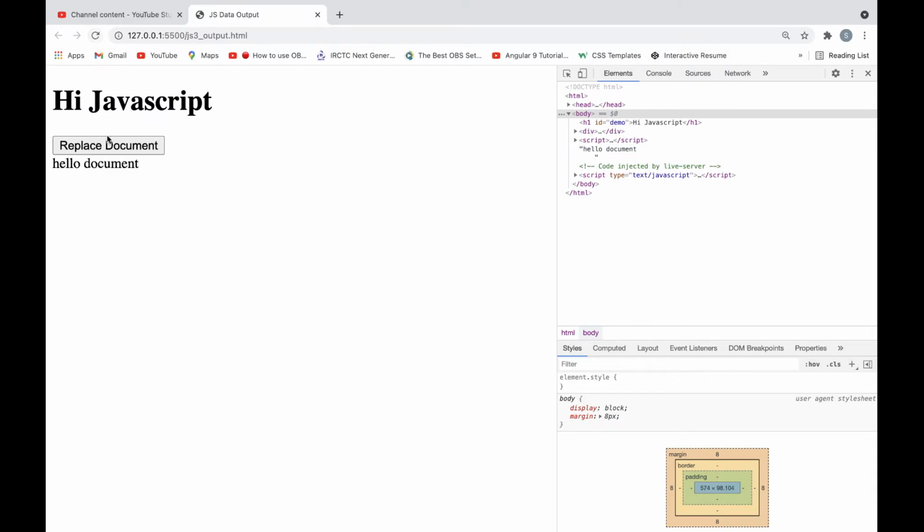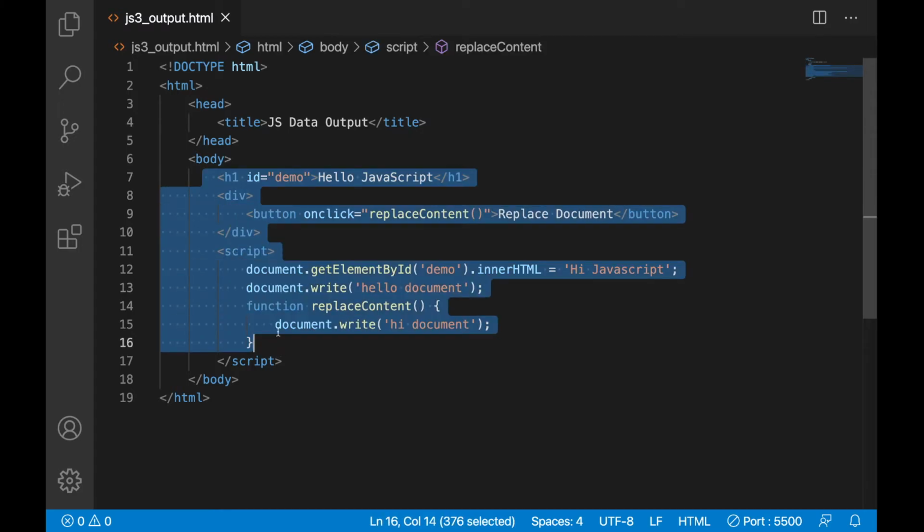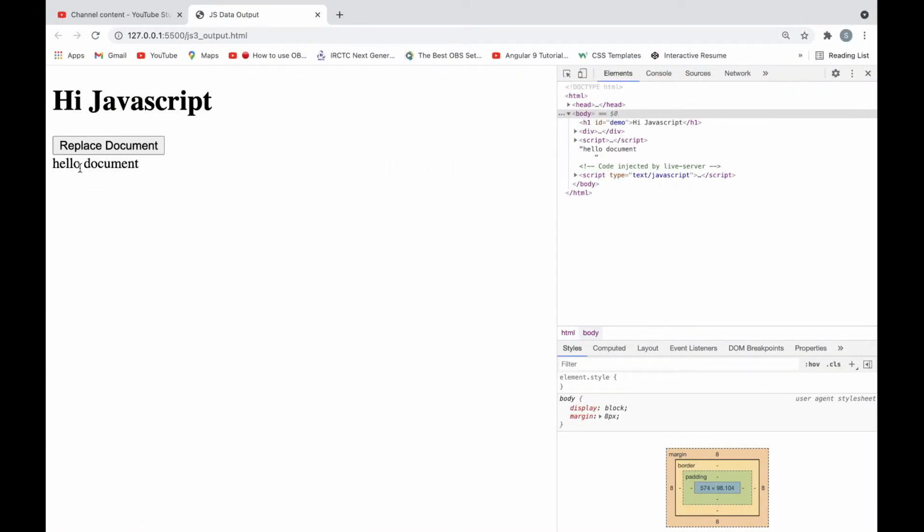If you observe here, while page load also one document.write is there. It's not overriding in this step, because here JavaScript is loading before HTML. So that's why it is not replacing anything, it's just adding some content. After everything has loaded in HTML, if we write document.write, it will replace everything that loaded.